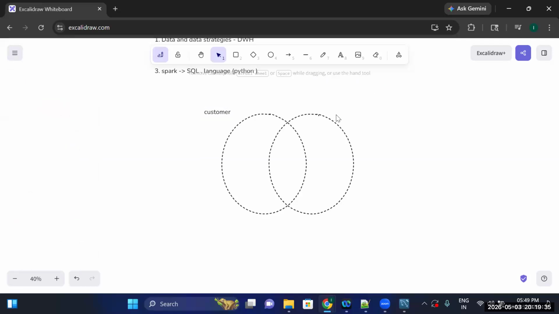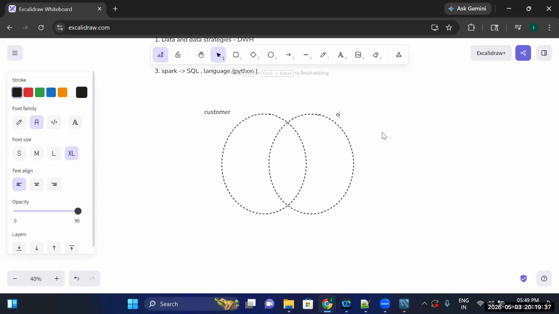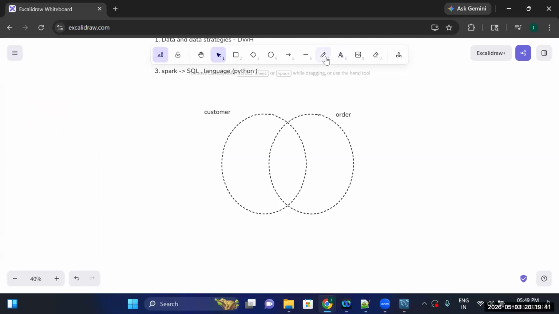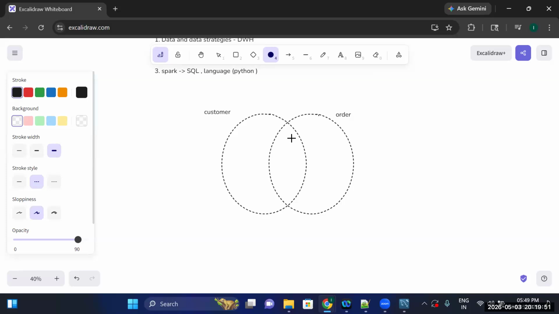Okay, this is your order table, right? Now what I need, right? Inner join means this portion, right? Maybe you can consider,